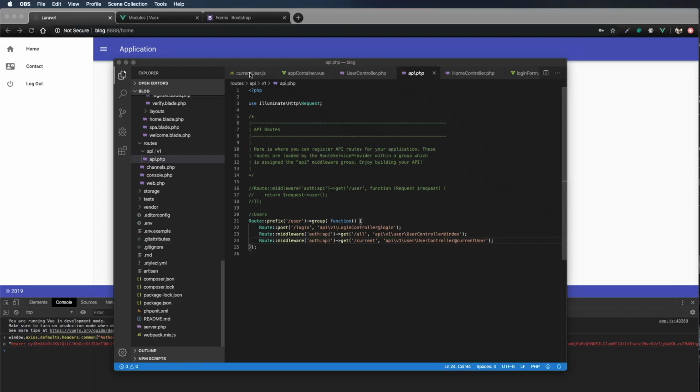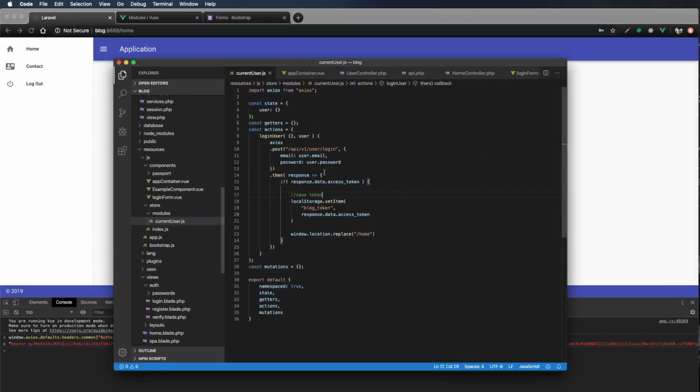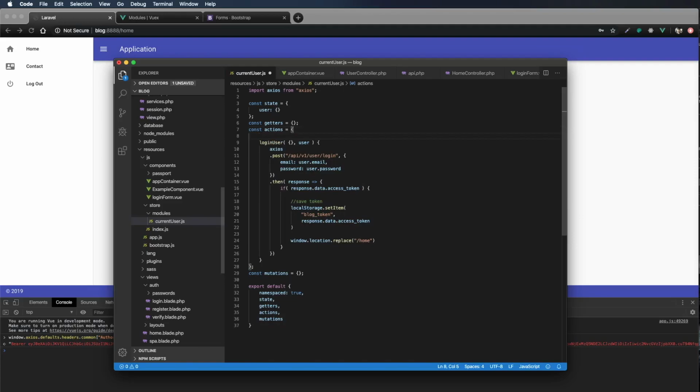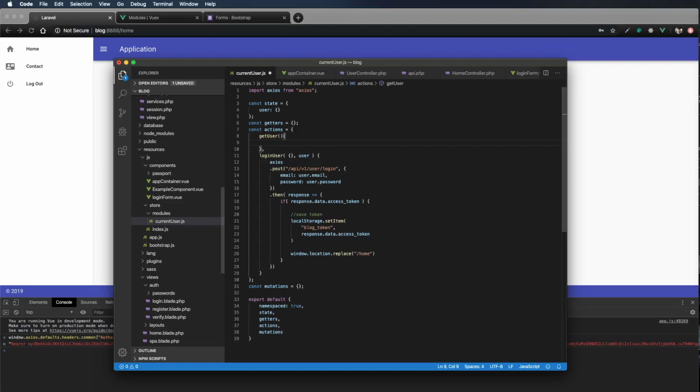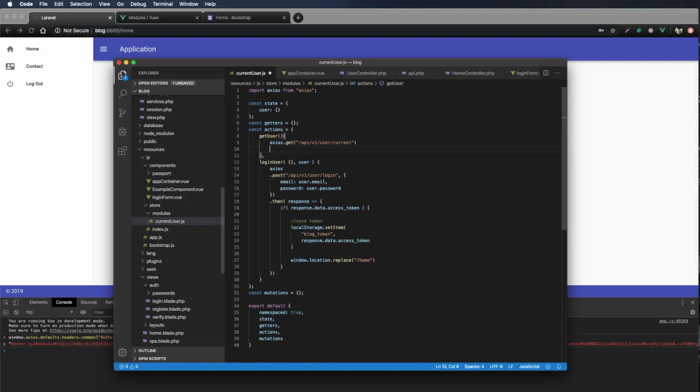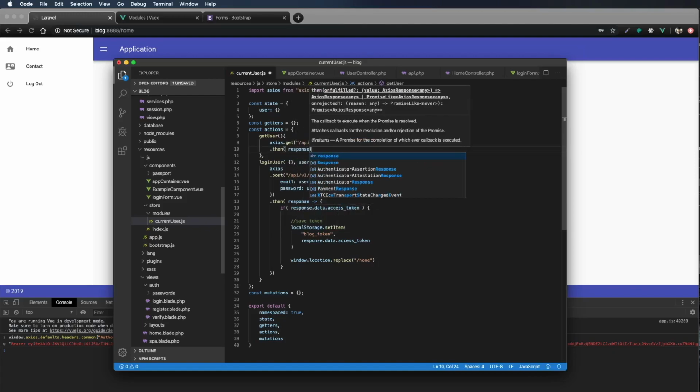Let's go back over to our current user store and let's add an action in here that's just, let's just get the current user. So we'll say get user, and in order, we'll use Axios .get, and our URL will be /API/v1/user/current, and then we'll say, once we get that, we'll say then response,